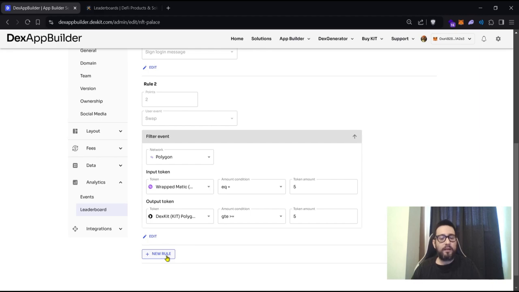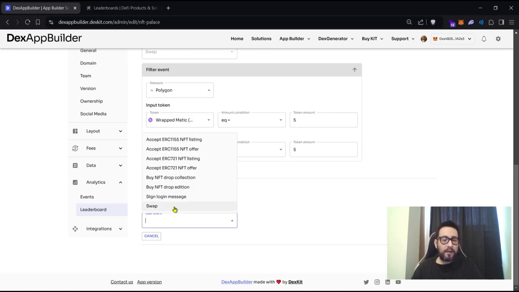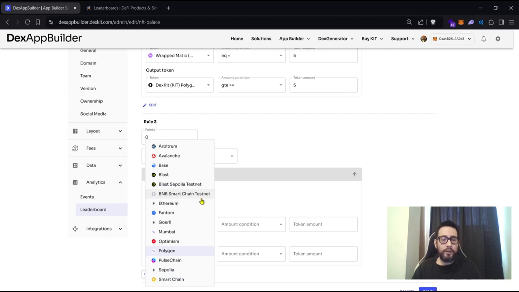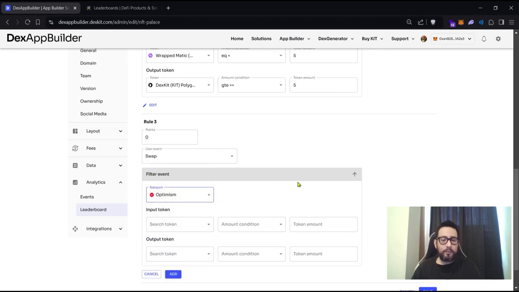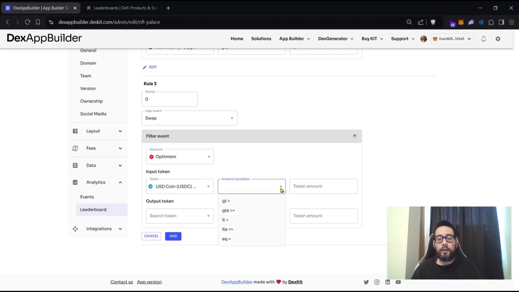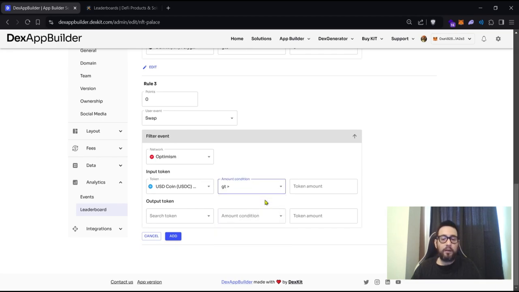Okay, let's add a new rule here. Let's add another swap event, and let's filter. If we are using Polygon now, we can use Optimism. Okay, we have Optimism here, and we have just 3 options because we don't have any other Optimism tokens imported in our decentralized application, so we can use here USD as an input token. Okay, if the greater than or equal than $1,